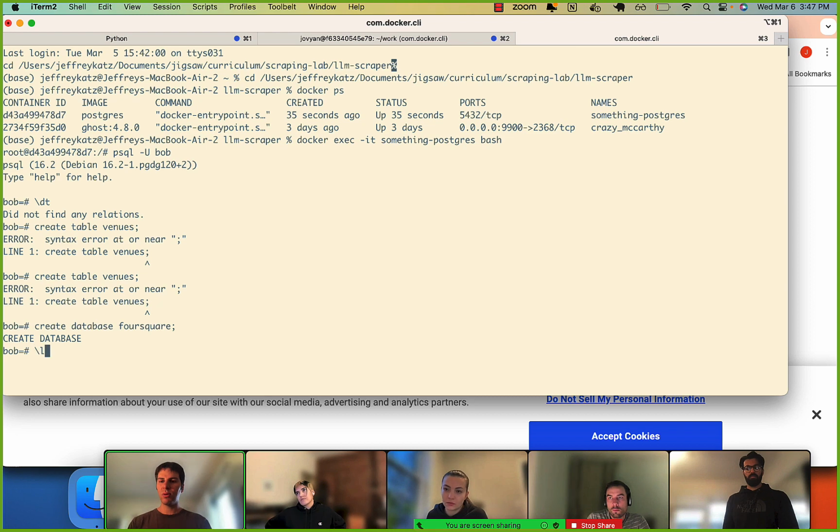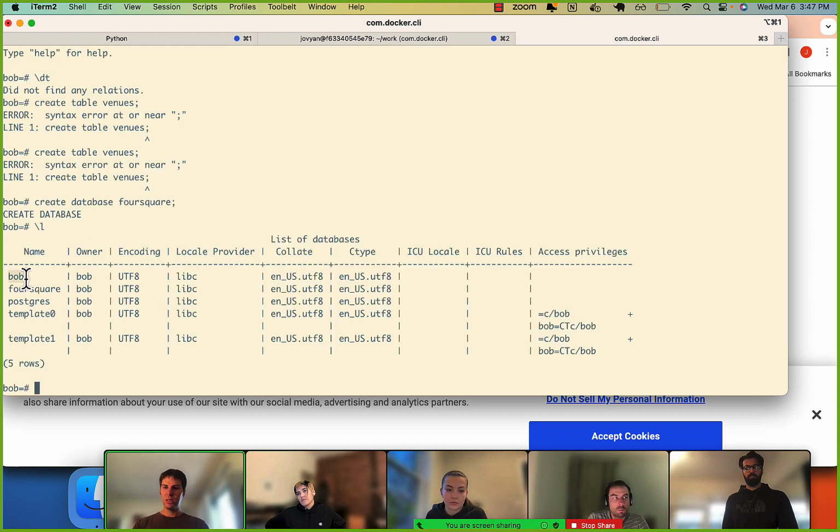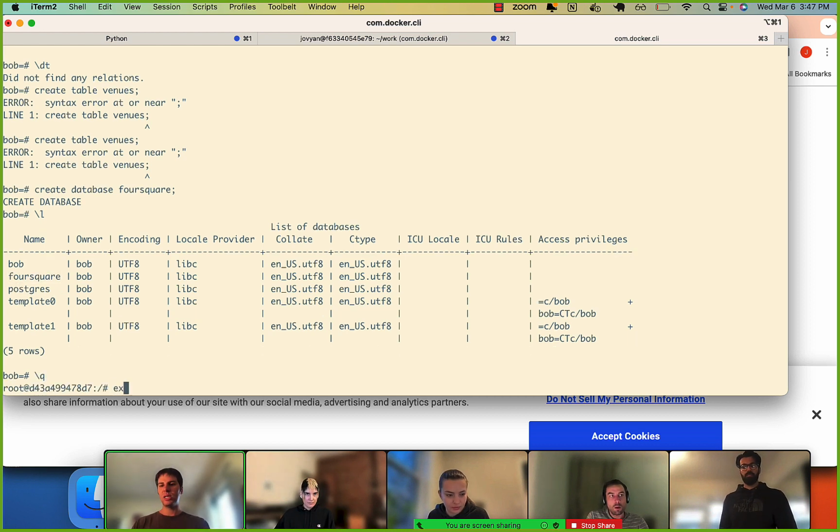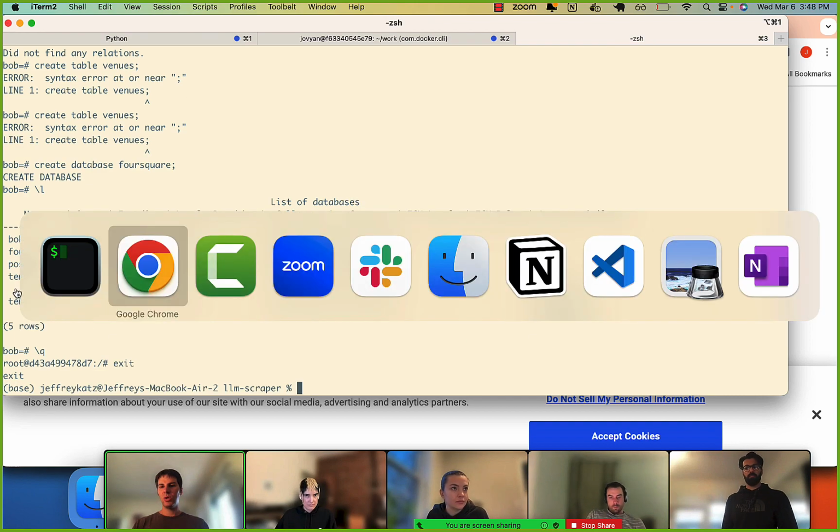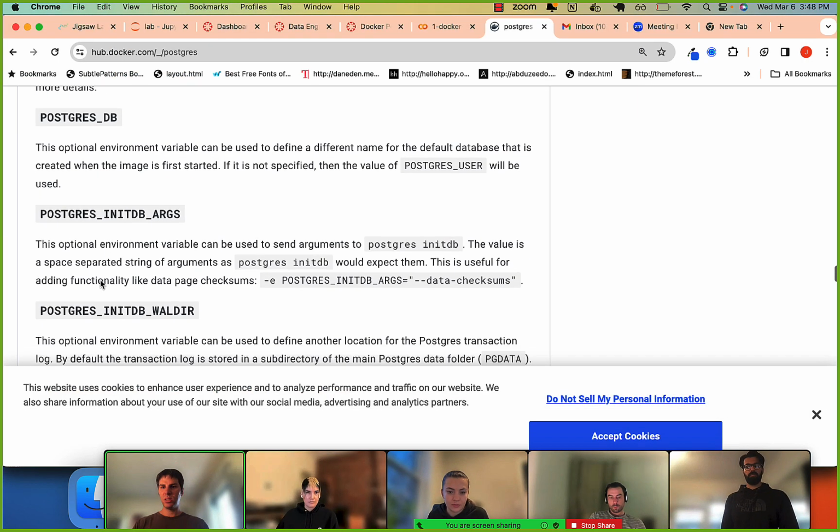Okay, so now here we are in Postgres. I guess it created this, I don't know why, for me. And then we have this database here. But if we delete this, if we close the container, remember, everything's copy on write, and once we close a container, it gets removed. So what we probably have to do is use that option that they told us,